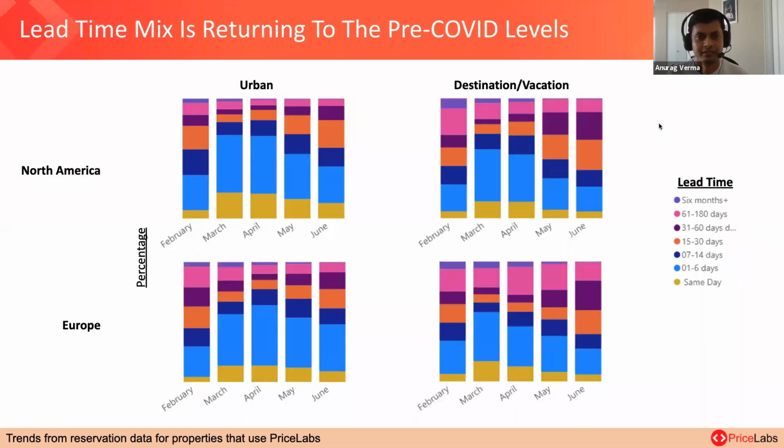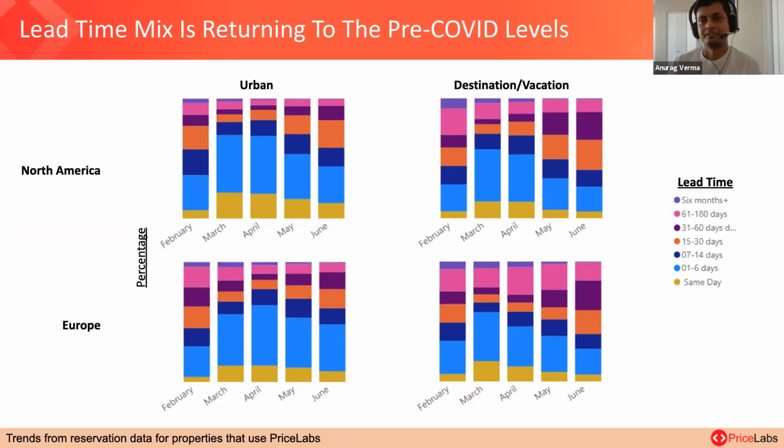Next slide is looking at the exact same thing, but now it is going to look at it from a lead time perspective. So in this one, at the bottom, we have same day bookings, which is in yellow, and then blue is bookings made within the last week. And then at the top, we have purple, which is bookings that are made more than 6 months out. And you will see that